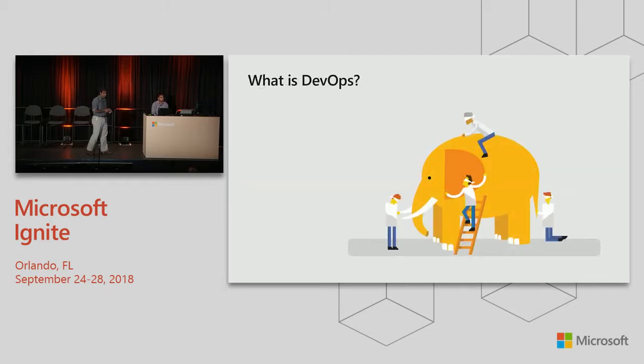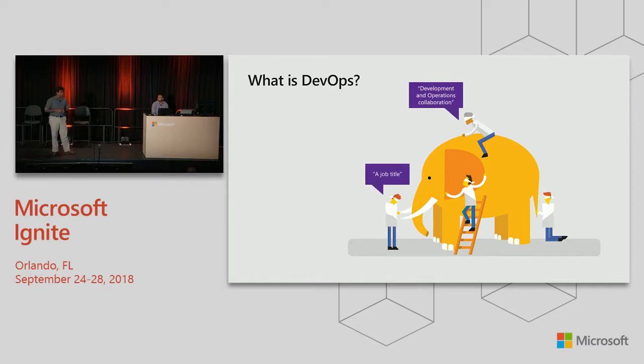Okay, so what is DevOps? If you put a large object in the room, say an elephant, and you close everybody's eyes, and the person has to describe it only by touching and feeling, each person describes it based off of what they can touch and feel. DevOps is the big elephant in the room, to be honest with you guys, right?